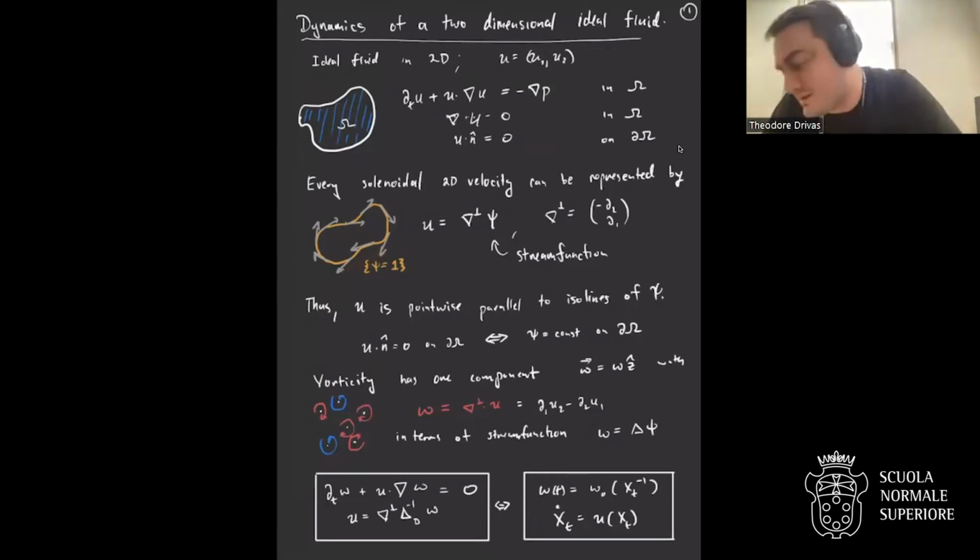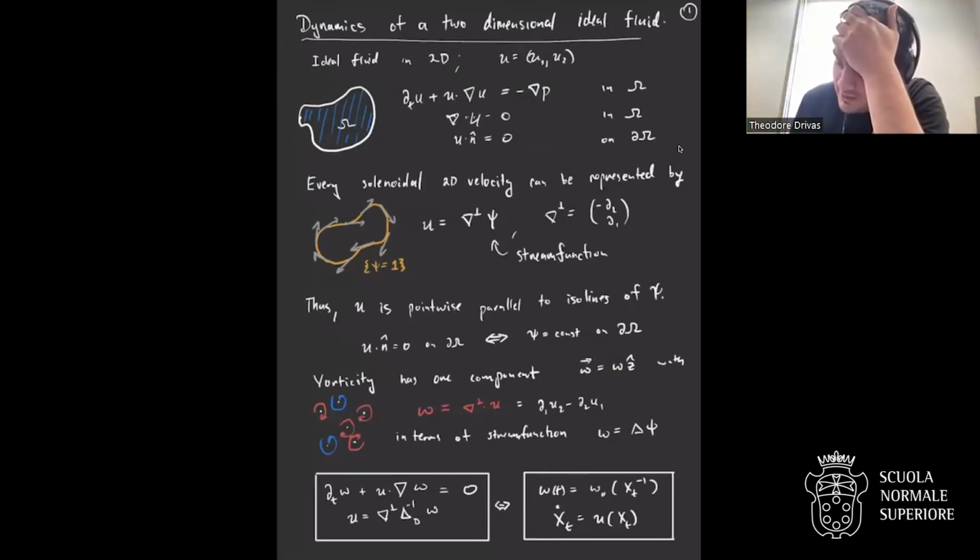In 2D, there's the simplification that the vorticity, as regarded as the 3D vorticity, is just pointing up with a scalar prefactor. So it's just up or down. And that scalar prefactor omega satisfies a transport equation. So it's just moving around, pushed around by the velocity field U. And this equation can be closed as a non-local equation for the fluid's motion by using the Biot-Savart law to say that the velocity is recovered by this integral operator on the vorticity.